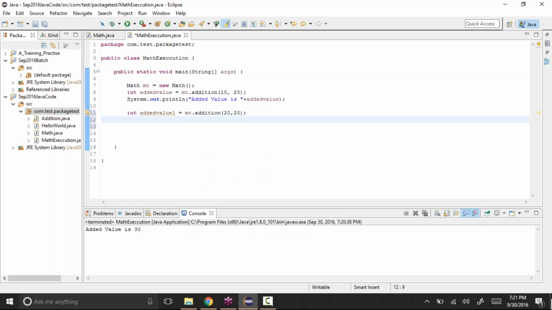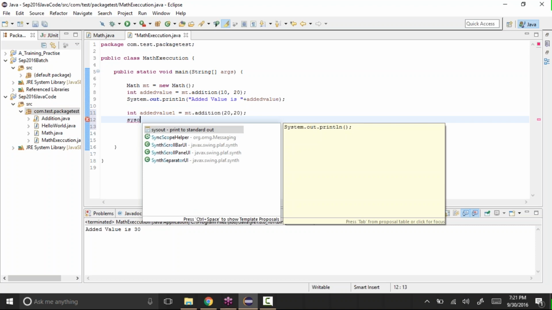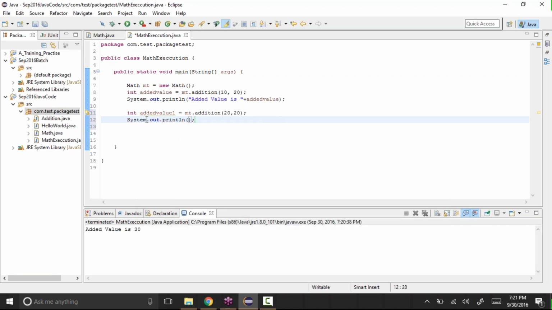And again, system.out.println. Instead of typing the whole system.out.println, what I can do is type syso and press control space, and you'll get this pop-up. Press enter, and it will give you that line of code, system.out.println.